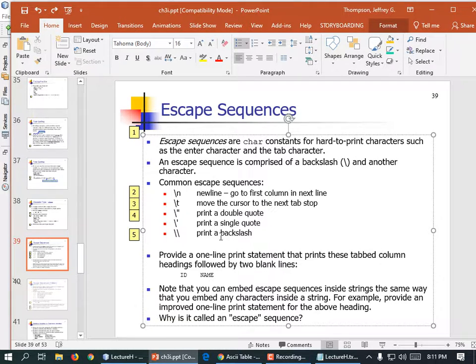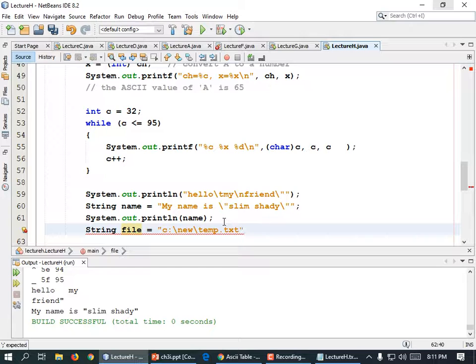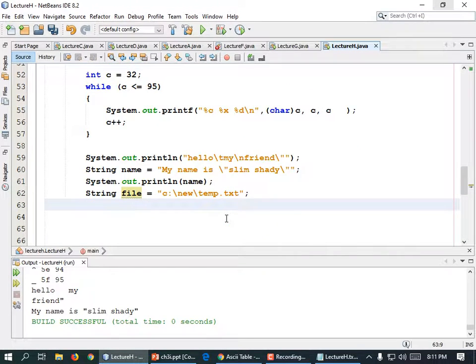Well, how in the world would you print a backslash if you didn't have the ability, right? What if you wanted to do this? String file = "c:\new\temp.txt"; and then you try to print that out. System.out.println(file);